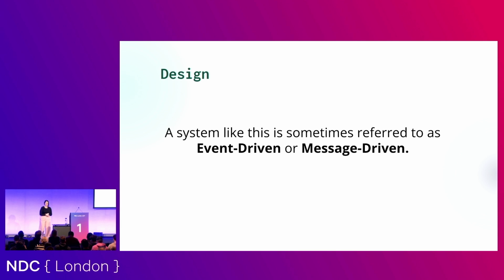So a system like this is often called event-driven or message-driven. You may have been to James's session this morning on event-driven architecture. If you didn't, you can catch up with it on the YouTube stuff, and he covered event-driven architecture. I believe that Ian Cooper covers that as well. There's quite a few people doing that. There's lots of talks on it. I suggest you go and watch them. It's really interesting. We'll loosely go into some of the aspects of it.